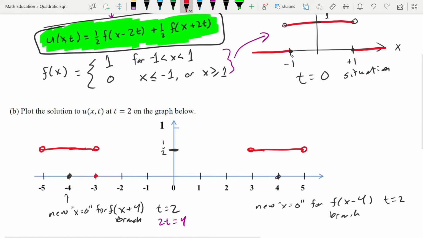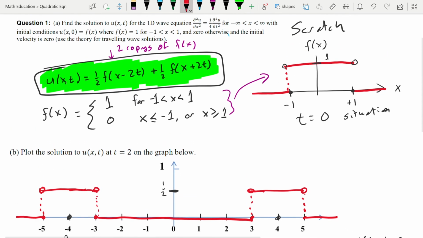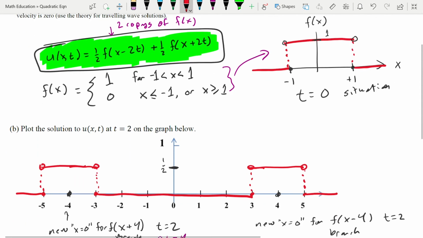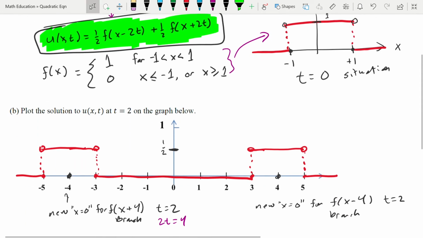And then between these points, I'm going to drop down, and then I'm going to drop down here. I'll put some little dashes just to aid the eyes because we've got this discontinuity here, and we'll put some dashes up here. So we've got this unit height pulse that was starting